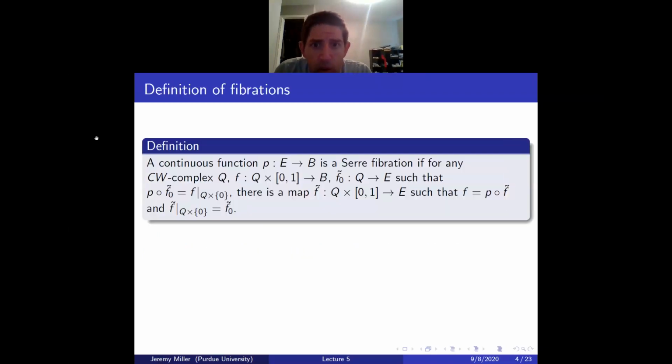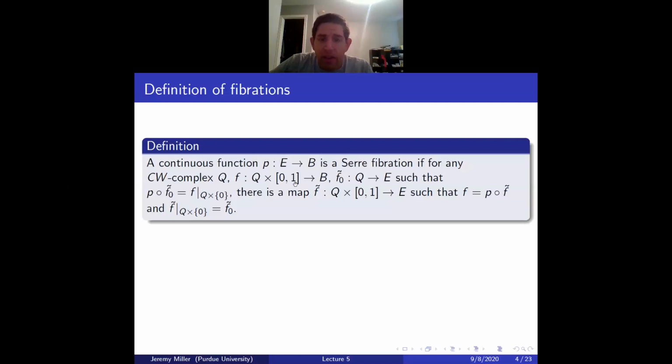Okay, so let's remind ourselves what a fibration is. A fibration basically is a map of spaces that satisfies the same lifting property that covering spaces satisfy, except the lift doesn't have to be unique. So if we have a CW complex Q, and a map F from Q cross [0,1] into B,